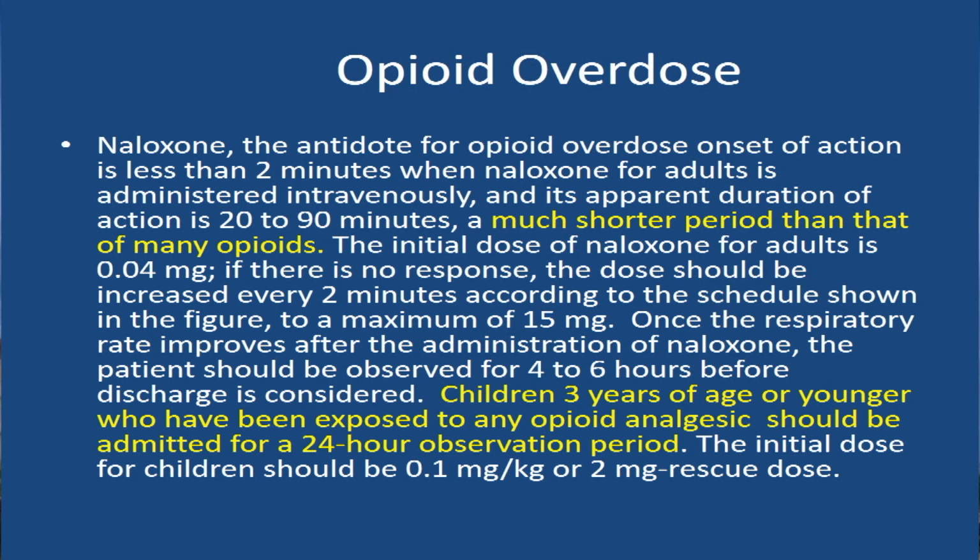So the initial dose of naloxone for adults is 0.4 milligrams. And if there's no response, the dose should be increased every 2 minutes according to the schedule to a maximum of 15 milligrams. Once the respiratory rate improves, then the patient can be observed for 4 to 6 hours before discharge is considered. Children that are 3 years or younger, been exposed to opioid analgesics, should be admitted for a 24-hour